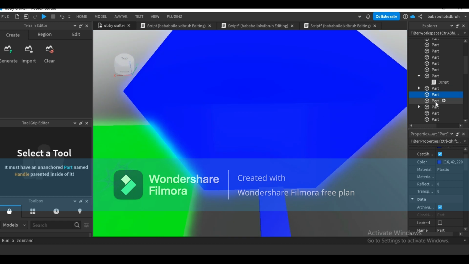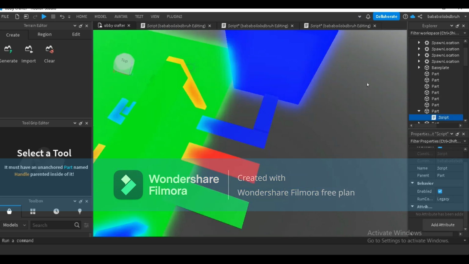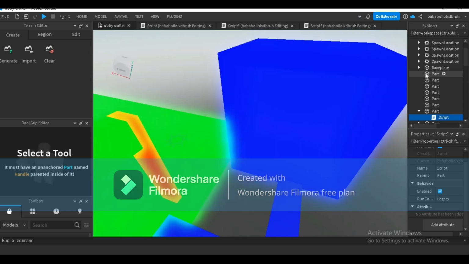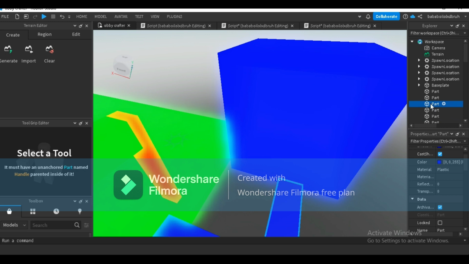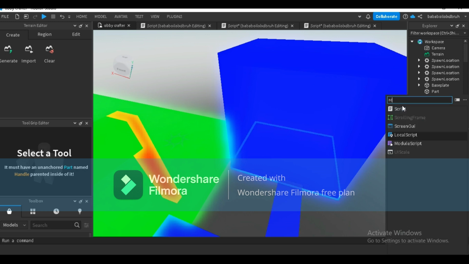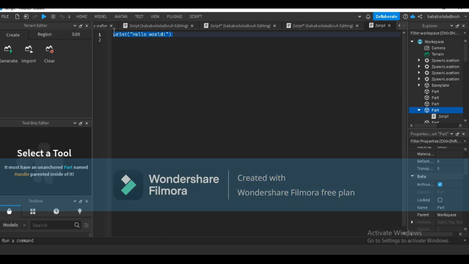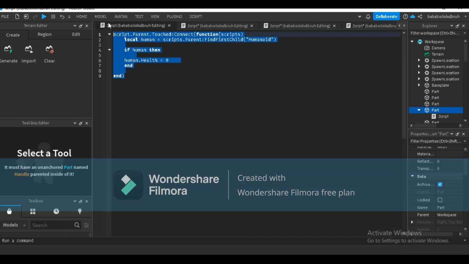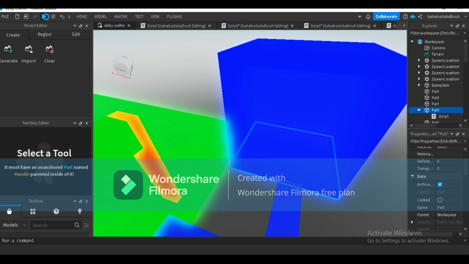Okay, part, where is it? Where's the part at? I cannot find it. Is it in workspace? Okay, here it is. Control-V, and boom. Now we can just see if the scripts work, and this will basically be the scripts part,